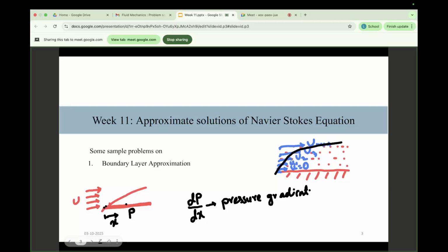So if it is a flat plate, thin, and it is a smooth thin plate, a fully flat plate, and the velocity is parallel to it, what will happen in that case is the pressure gradient is zero. That is, no change in pressure you will observe for flow parallel to free stream